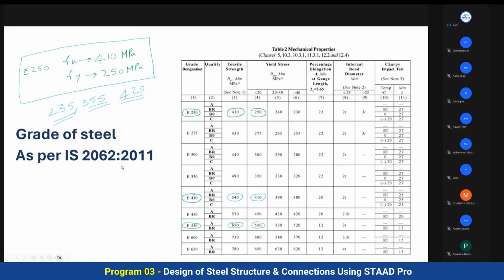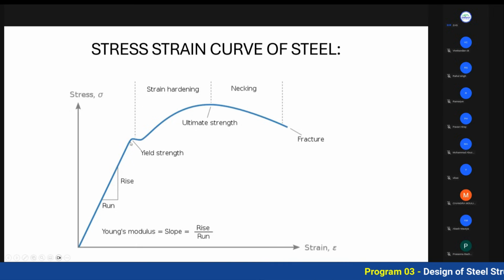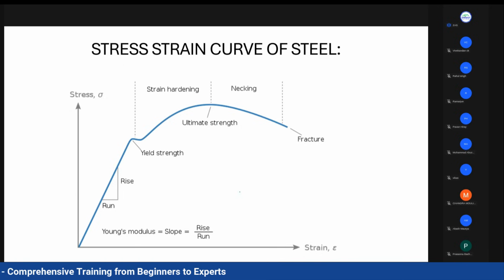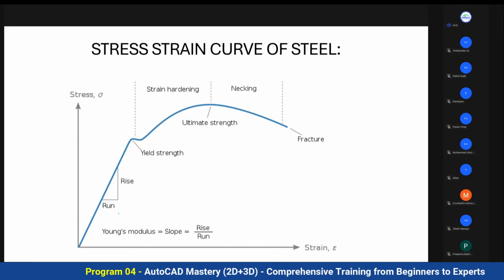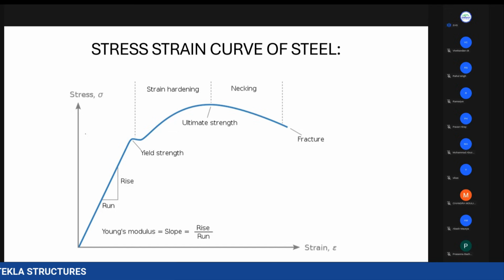Okay, so let's now see the most important thing before we start understanding steel. This is the graph that all of you have studied in your college days. This is your stress versus strain graph. This line represents your Young's modulus. Here you have your yield strength. For example, let's assume each grade of steel will have a different graph. If you have E250,